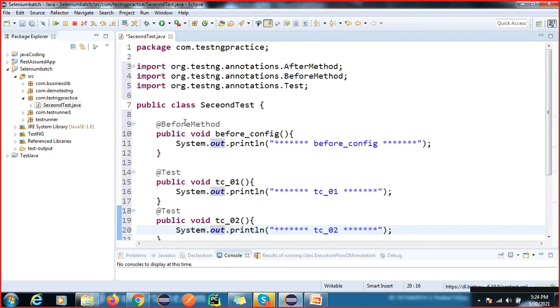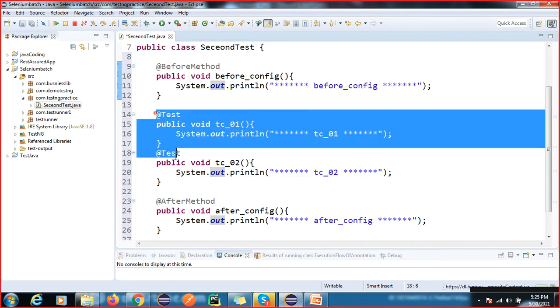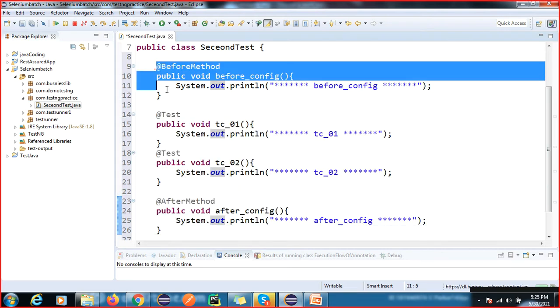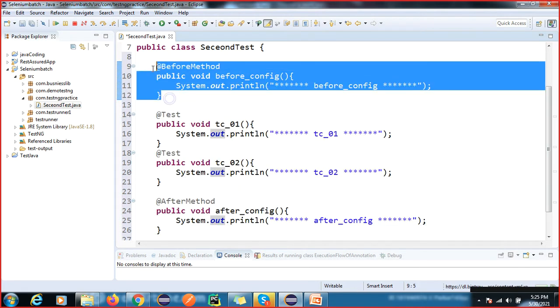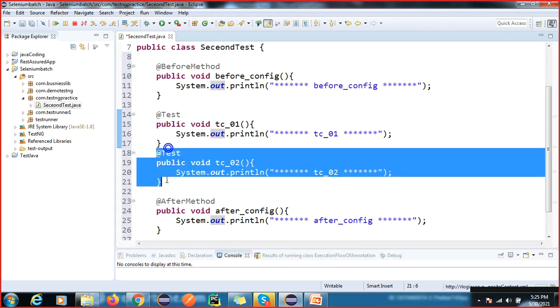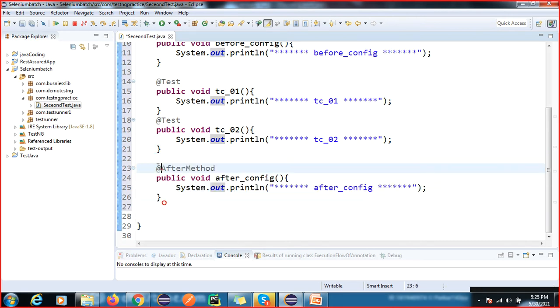If you execute this code, first it will execute the before method, then your test cases, then the after method. First it will launch the browser, launch the application, then your test case will execute, then it will log out of the application and close the browser.